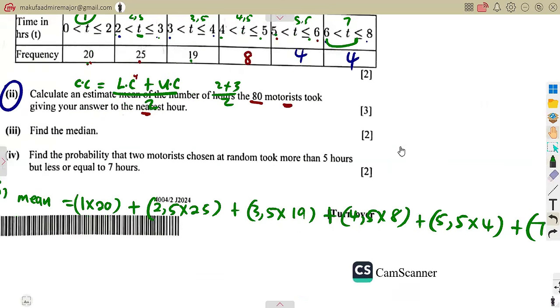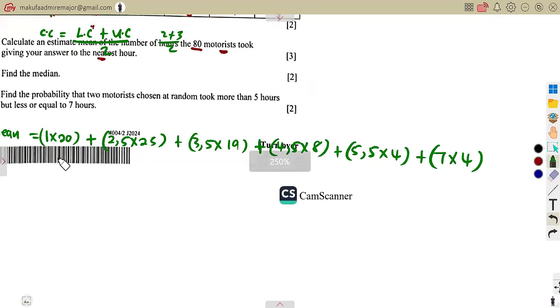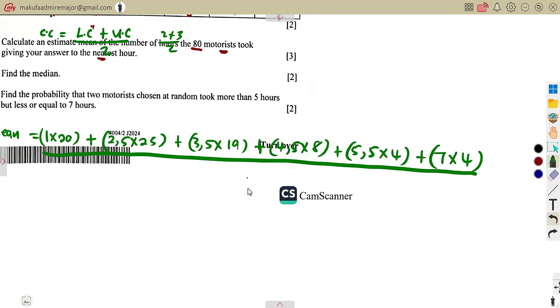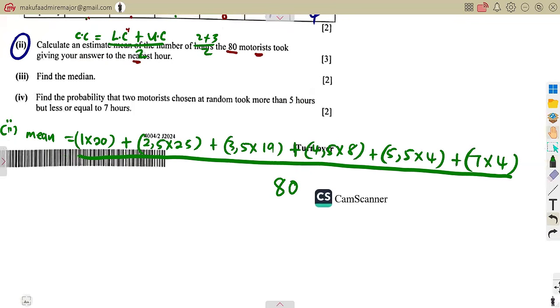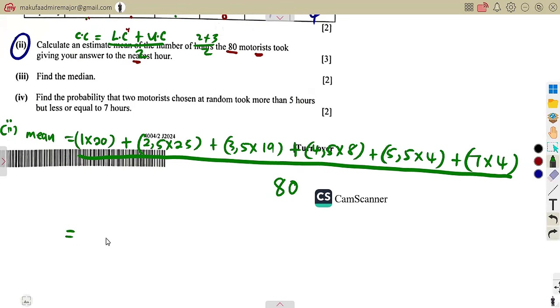Everything that you have here, you divide by the total frequency that you are given. So instead of adding everything, you are told these are 80 motorists. So you just divide by 80. Combine everything on your calculator, guys. Like I said before, that is going to be